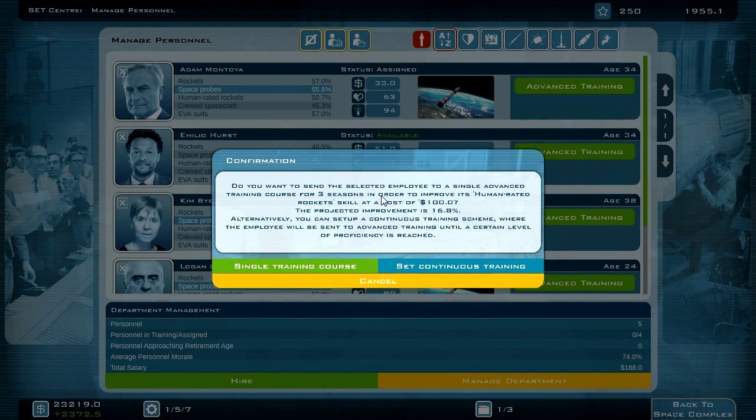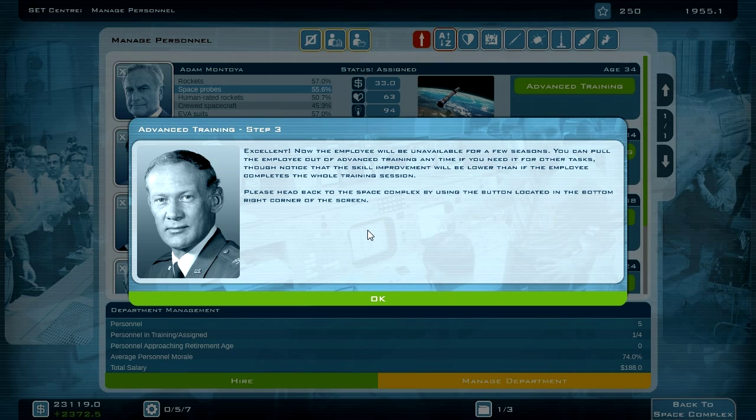Okay, he is going to learn more about human-rated rocket in a single training course. Excellent! Now the employee will be unavailable for a few seasons. You can pull the employee out of Advanced Training anytime if you need them for other tasks. Though, note that the skill improvement will be lower than if the employee completes a whole training session. Please head back to the space complex by using the button located...